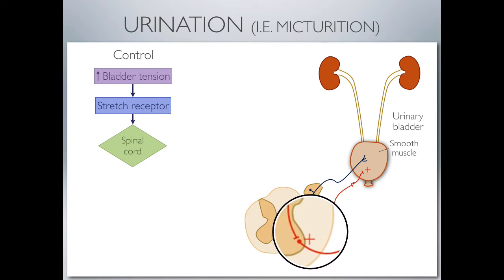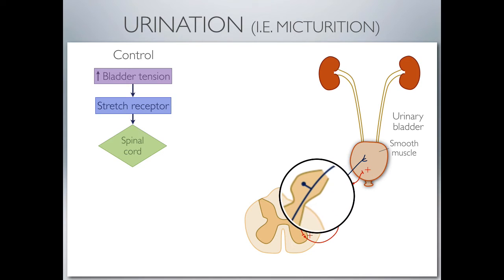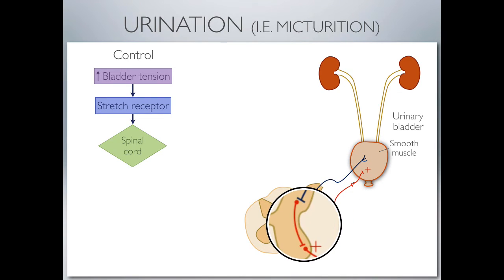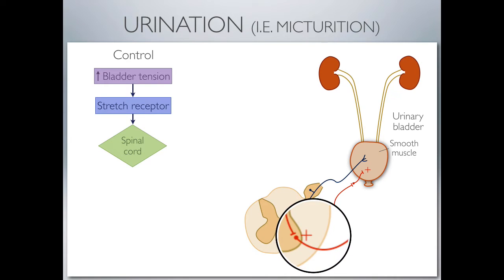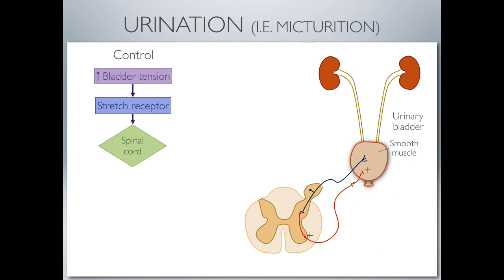All right, so the plus here means that when there's an excitatory signal that initiates from the blue, that is the afferent neuron, and then the interneuron transmits that signal, that has an excitatory effect on this neuron here, which terminates in the smooth muscle that lines the urinary bladder. Okay, so if there's more wall tension in the bladder as a consequence of filling up with urine, then the response here is to increase the tension of the smooth muscle lining of those walls. Okay, and so that is via a parasympathetic pair of neurons that are having that positive effect on the smooth